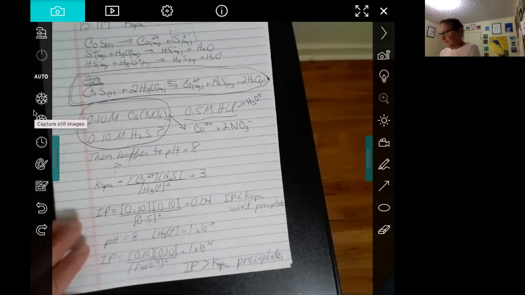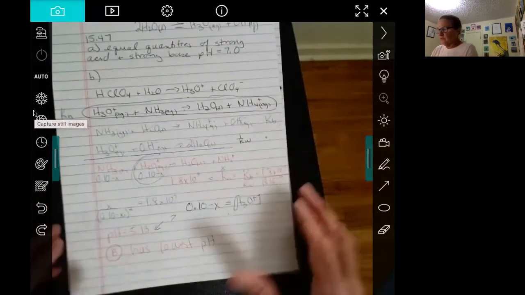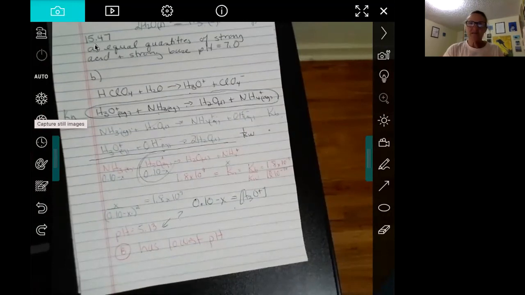So that's a lot of problems looking at applying equilibrium to different systems, acid bases, solubility. There's some on complex formation, which are similar to what I just did. But these problems are challenging. So when you look at them, make sure you think through the whole process and do a lot of writing down what you have,